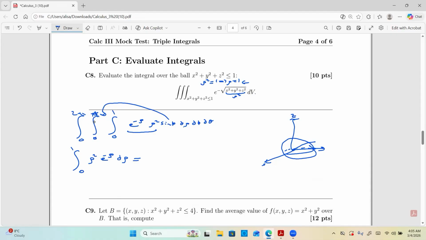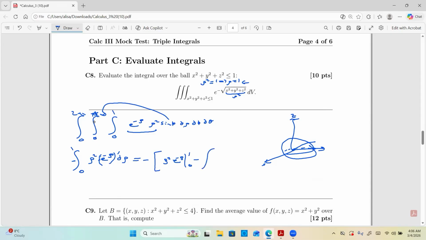To integrate this, you just need to remember how to do integration by parts. So I'm going to do at least one of them, and then you do the second. Here you can put a minus, or you can put a derivative here, and you observe that you only need to pull a minus out, which puts it in the right form. Then we apply integration by parts to see that this is going to be rho squared e to the minus rho between 0 and 1